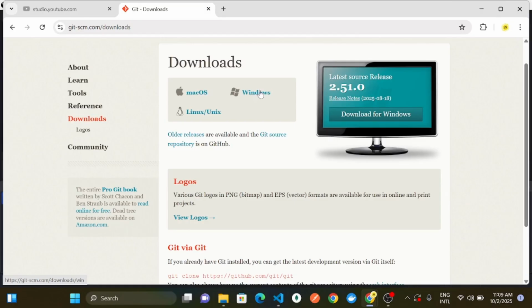I'm using Windows here, and I already have Git installed on this machine. So you can just go ahead and click on whichever operating system you are using. If you are using Mac, you click on Mac. If you are using Windows or Linux, you go ahead and install it. And once you are done installing Git,